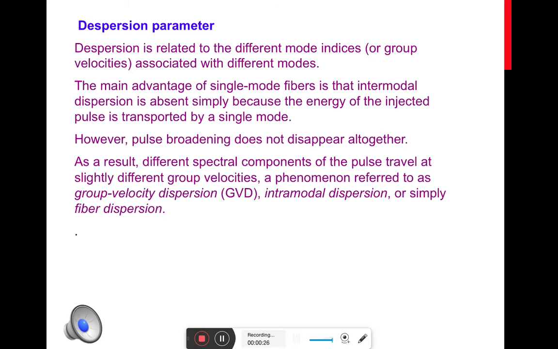In single mode fiber, the intramodal dispersion is high, whereas intermodal dispersion is high in multimode fibers. Intramodal dispersion is also known as group velocity dispersion or simply fiber dispersion. So consider a single mode fiber of length L. A specific spectral component at the frequency omega would arrive at the output end of the fiber after a time